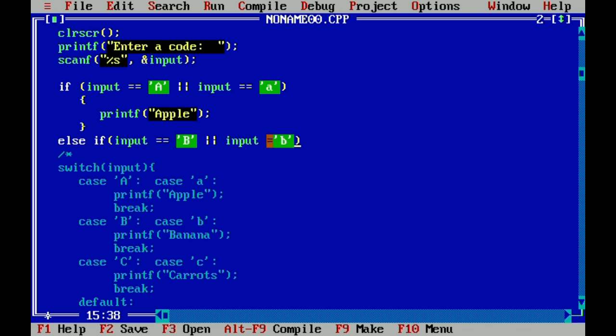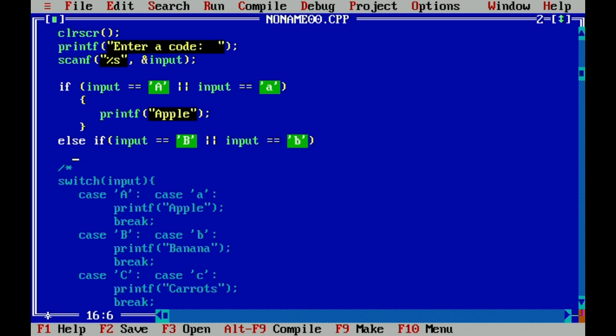You will have a double equal sign here instead of just one, because we are comparing, not assigning. If you use a single equal sign, it means you're assigning the value to the variable. But if you're using a double equal sign, you're actually comparing.